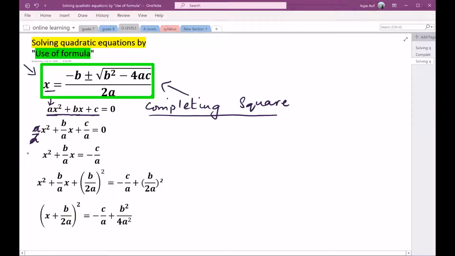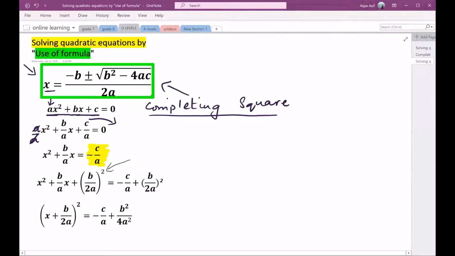Now, in the second step, we have x squared plus b over a x is equal to minus c over a. We'll shift this c over a to the left side, and we'll get minus c over a on the right hand side. Now, the completing square method involved two steps. The second step was to